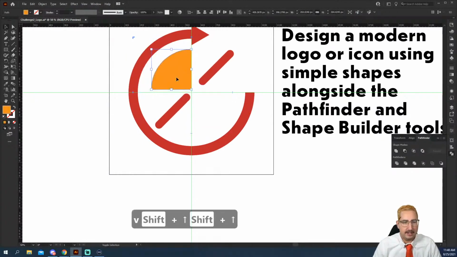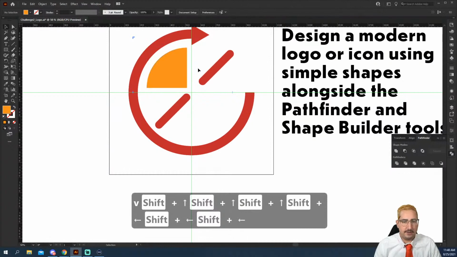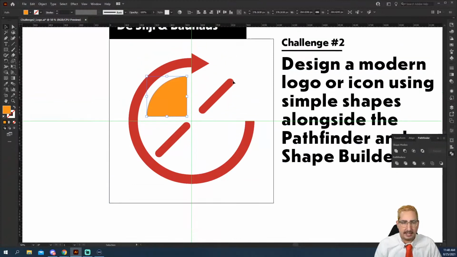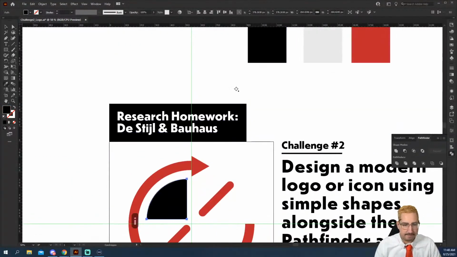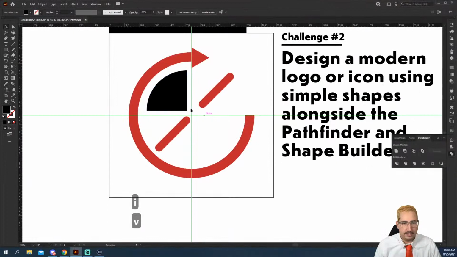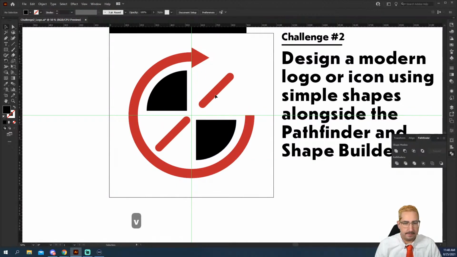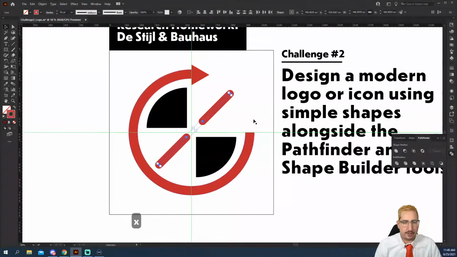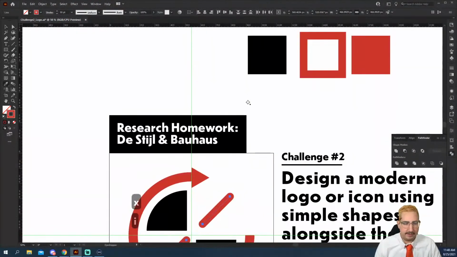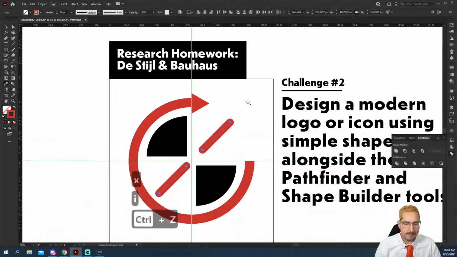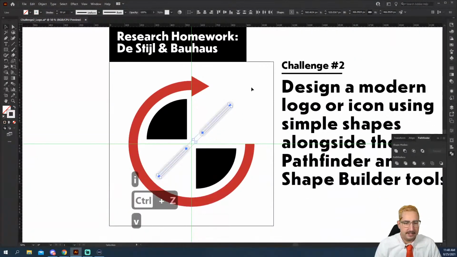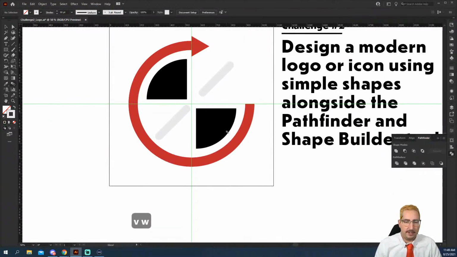So that looks good. I'm going to move it just over there so that we have a little bit of a call out. I'm going to make that black and grab the color that we have up here. There we go, looking kind of cool. From there, I'm just going to rotate by clicking and dragging, holding Shift, and move it right over here. Well, that looks about even. I'm also going to add the stroke in white on these just to give it a little bit of flavor. Did I do that? I did that opposite. There we go. So now we've got a little bit of white on those, looking good.